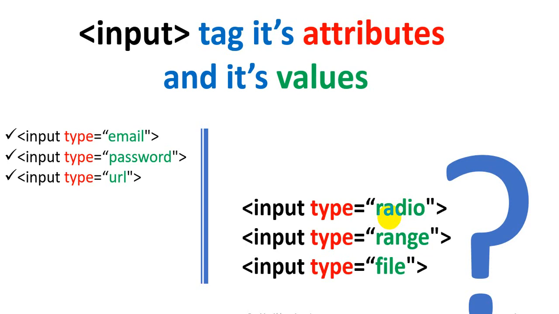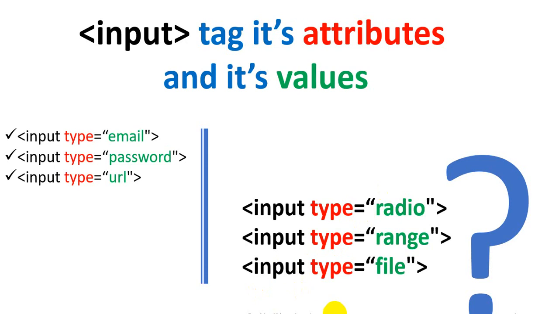In those three options we have to choose one value. Or you might know that if you attend any online exam, in that exam we have to choose one option from A, B, C, D. So we get one button. That button is called a radio button. It means from A, B, C, D we have to choose only one option. Sometimes it's called an option button. For example, if you select A, it will be selected, but when you click on B, A will be deselected. It means at a time we can select only one from a group. This button is called a radio button.